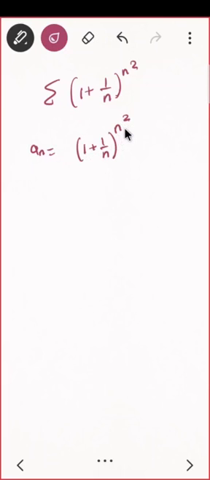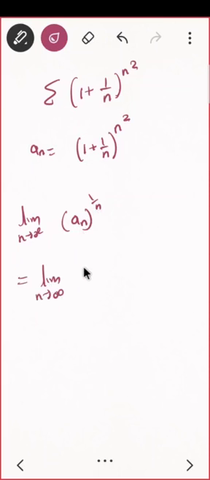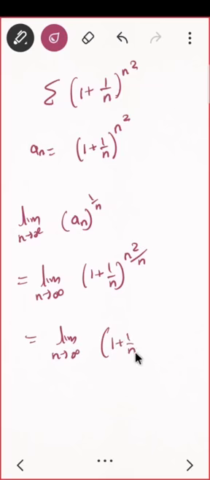Do you agree? What is root test? That is limit n tending to infinity a_n raised to 1 by n, correct? I just have to take the nth root and find the limit. Limit n tending to infinity, what will this become? 1 plus 1 by n raised to n square is already there, and that will be 1 by n, so it will be upon n. So that is limit n tending to infinity 1 plus 1 upon n raised to n. What can you say about this? Whether it is convergent, divergent, and if it is convergent, then where does it converge to?